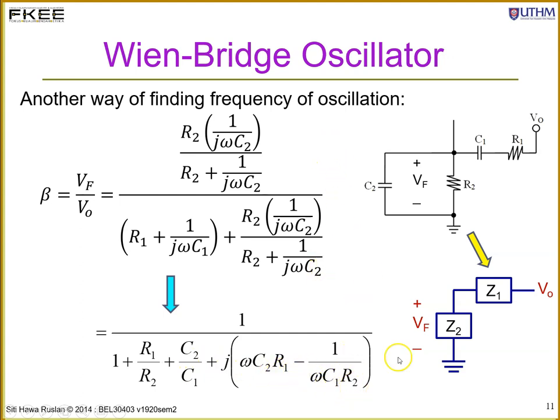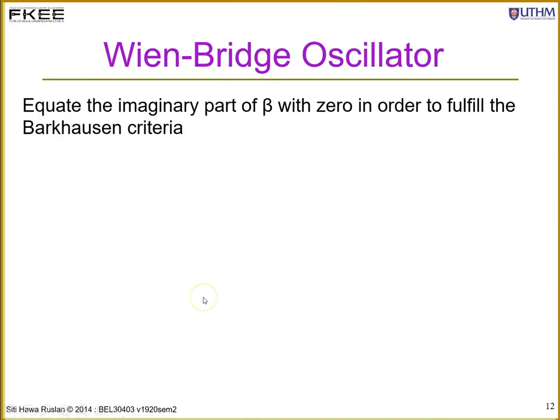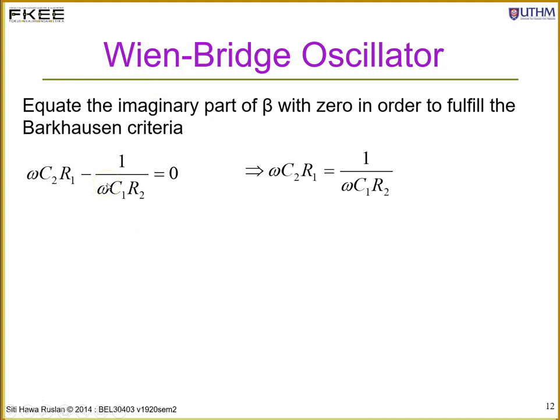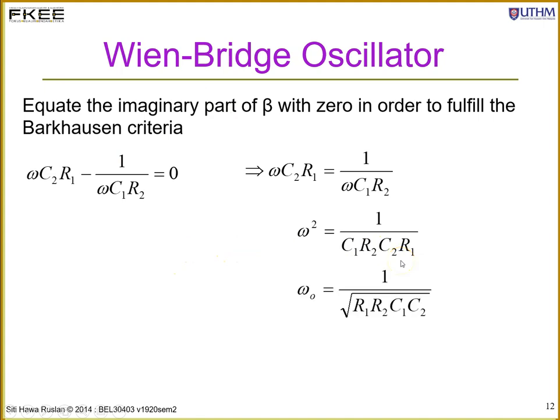So from here to here will involve several steps. Okay, and with that, again, equate the imaginary part to 0 and find the omega. This omega is actually omega naught, and you will get that omega squared equals 1 over C1 R2 C2 R1, and your omega naught is equal to 1 over the square root of R1 R2 C1 C2, which is equivalent to the one that we have derived